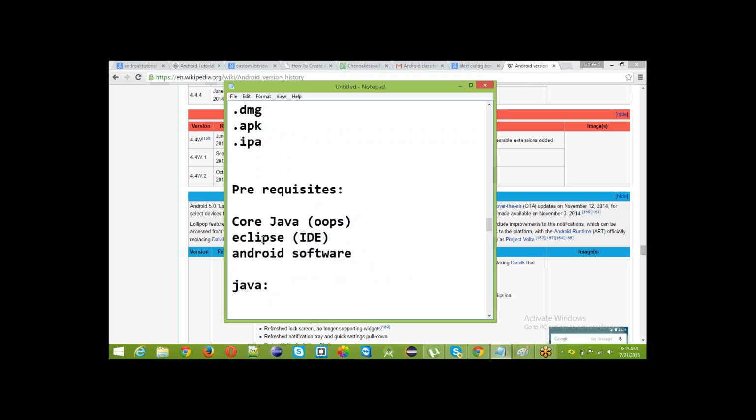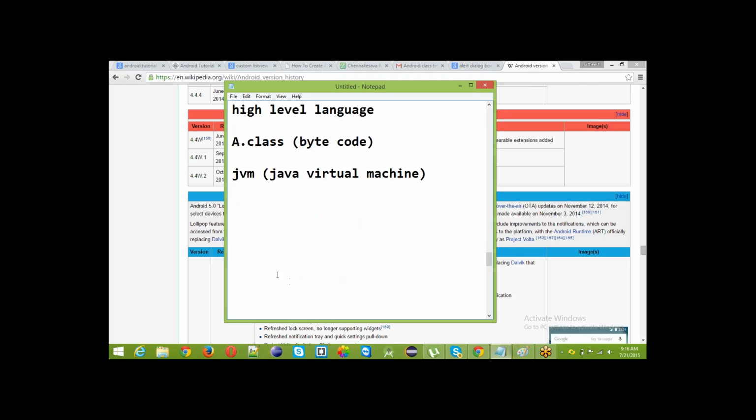And Eclipse is a third-party IDE. It is very easy to use and user friendly. And anyway, you have to use the Android software. This is one way of developing. There is one more way. You can directly use